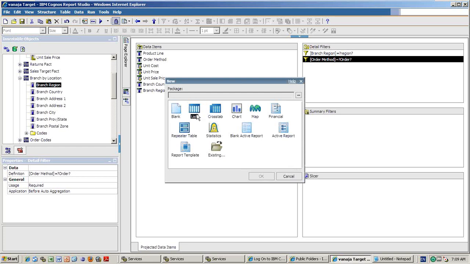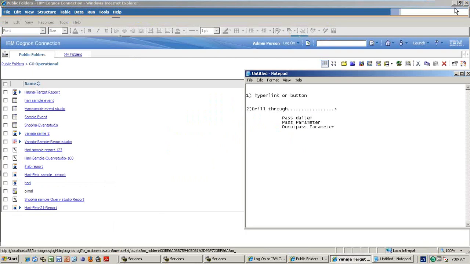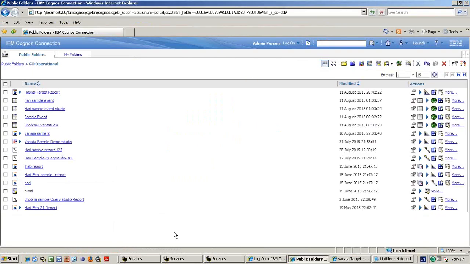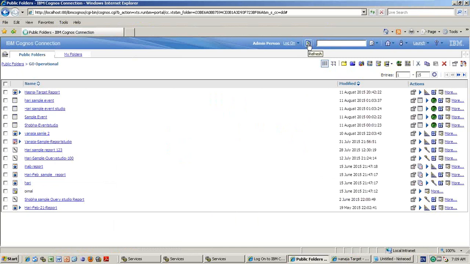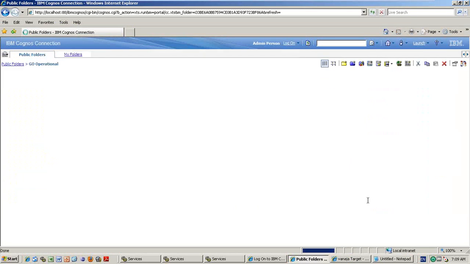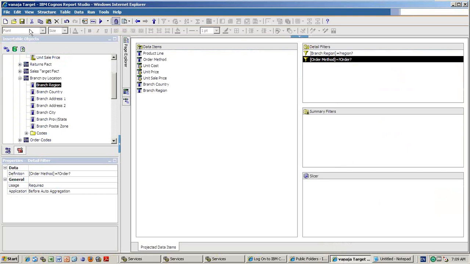I want to create the source report now. So now one target report is created.